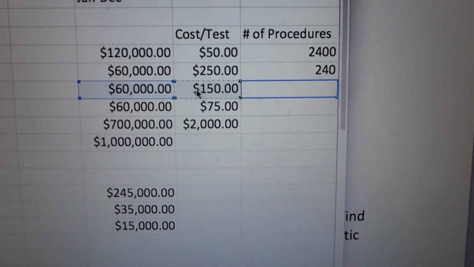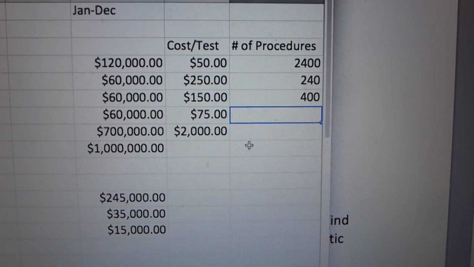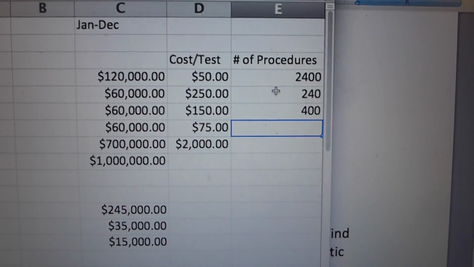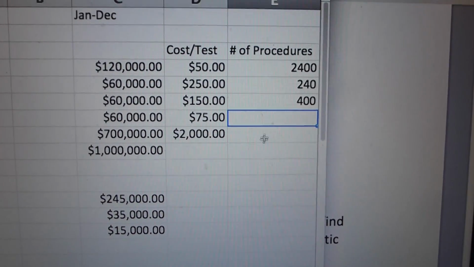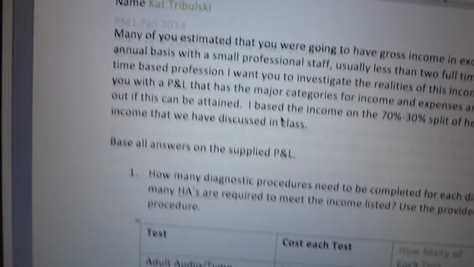Here. And so essentially you'll do that for each individual test. So that's how you do question 1. You will do it for all of these, so you just have the last 2 to go. Now, question 2